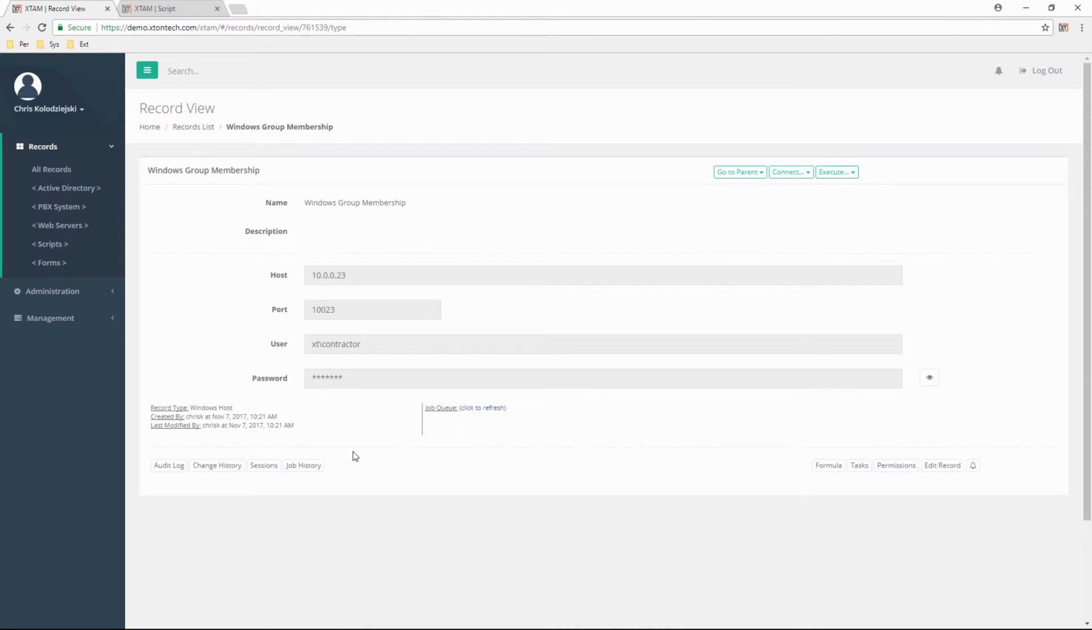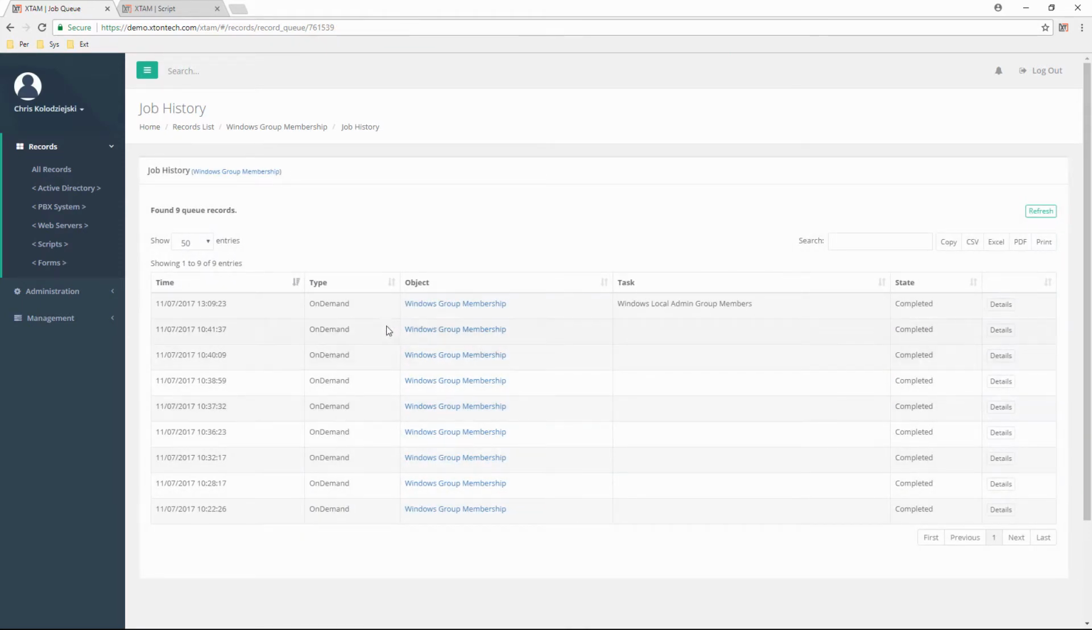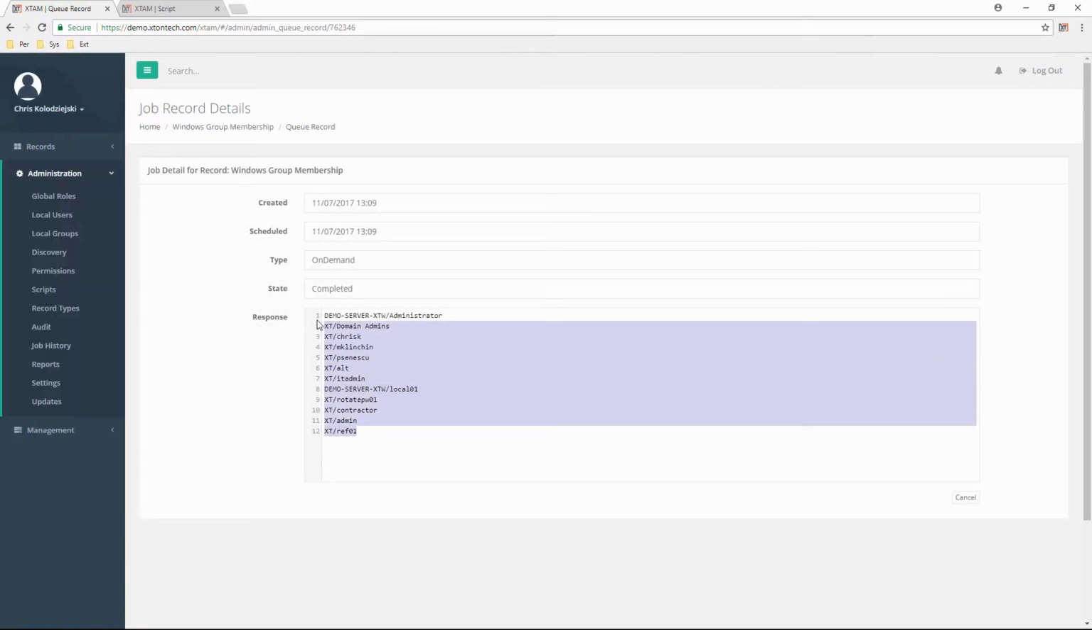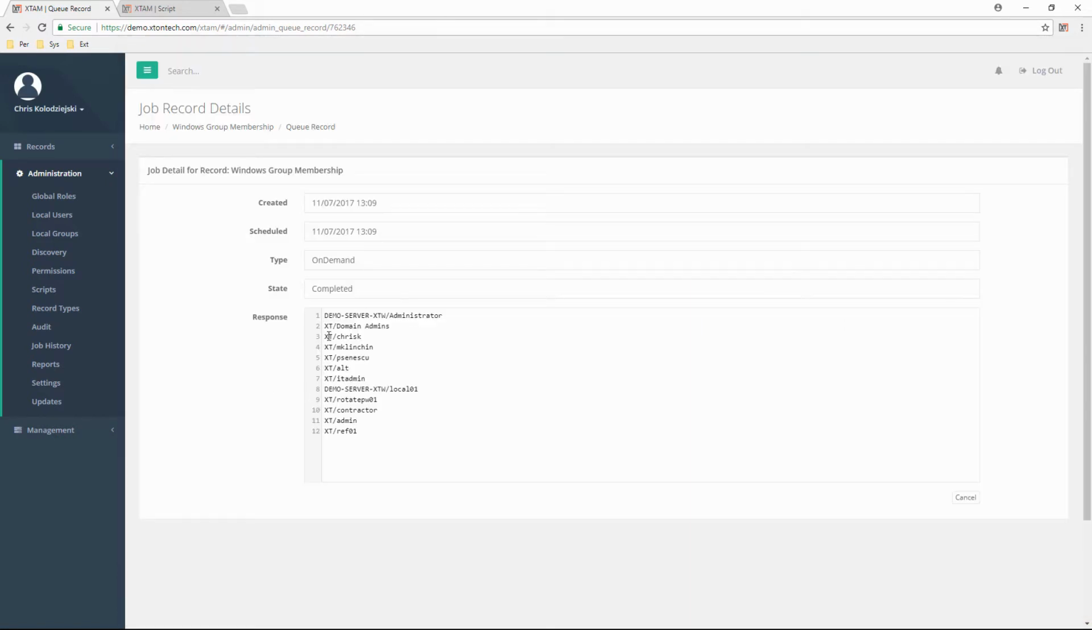The queue is empty, which means that the task has been processed. We can come over to job history. You can see what took place. So this was processed a few moments ago, and it has completed successfully. We go into details, and it'll list the results. Basically, the response from the script is displayed here inside of the job details. So you can see all 12 of those users that are a member of our local administrator group have been